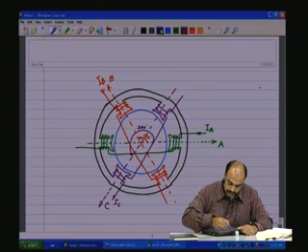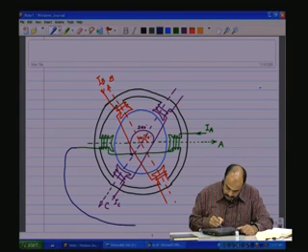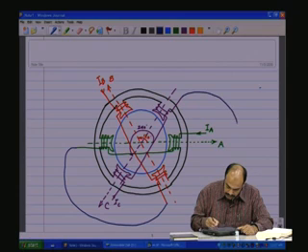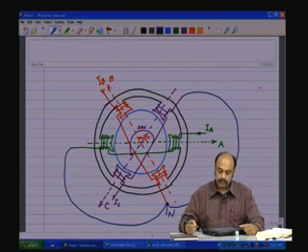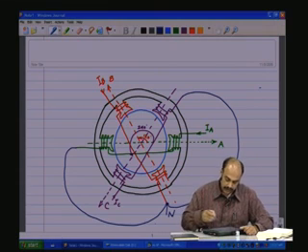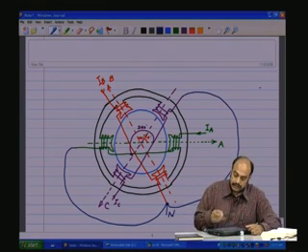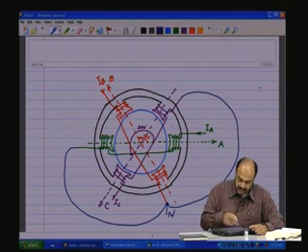Now the other ends are joined together. So let me join this end, this end, and this end, and that is called the neutral. So the other ends of the coils are joined together, that is the neutral. So you have the other open end through which the source is connected, and you have the IA, IB, IC